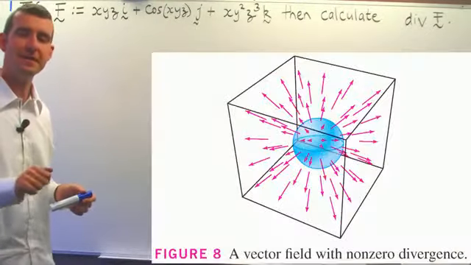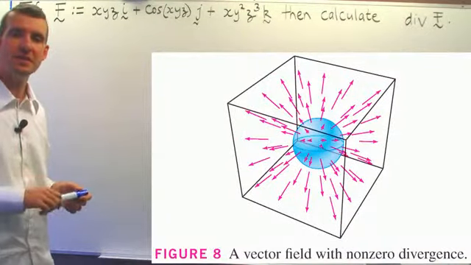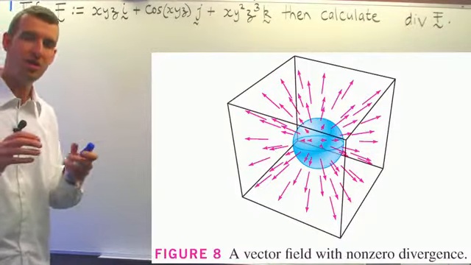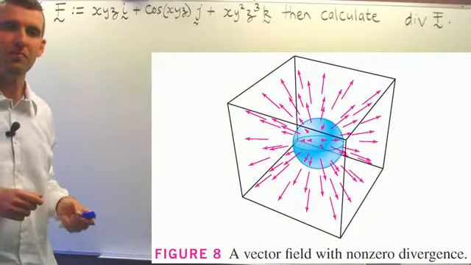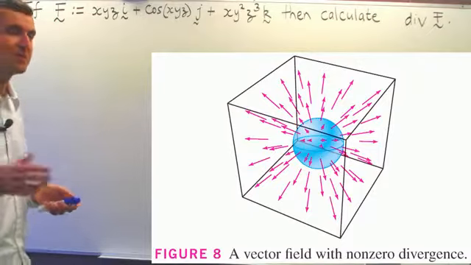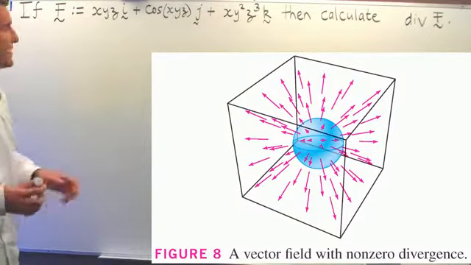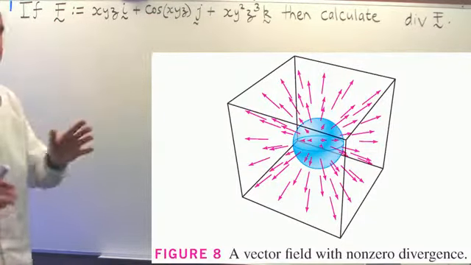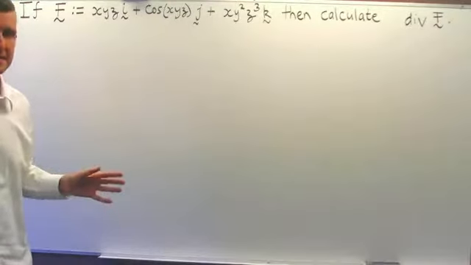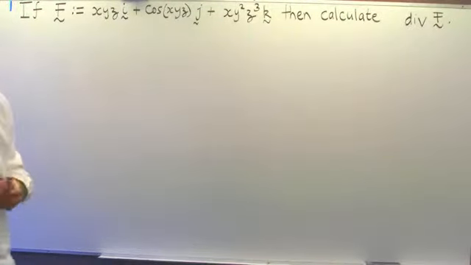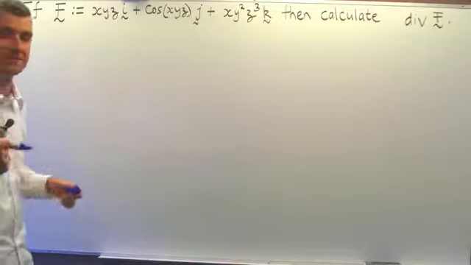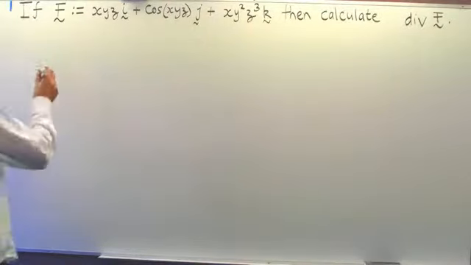Well, loosely speaking, divergence gives a measure of the spread of a vector field. I'll talk a little bit more about that at the end, but this particular example is just a very simple, very basic example on how to calculate the divergence of a vector field. Okay, so